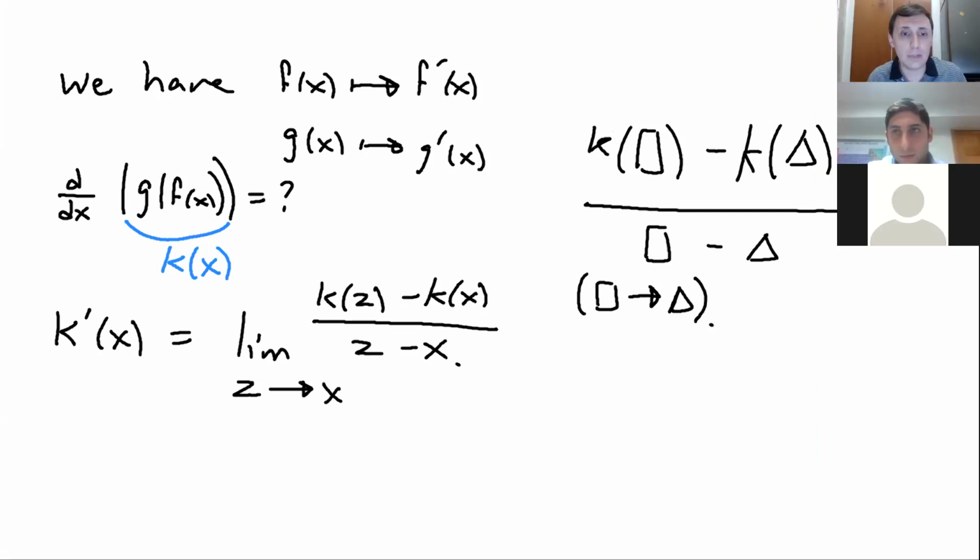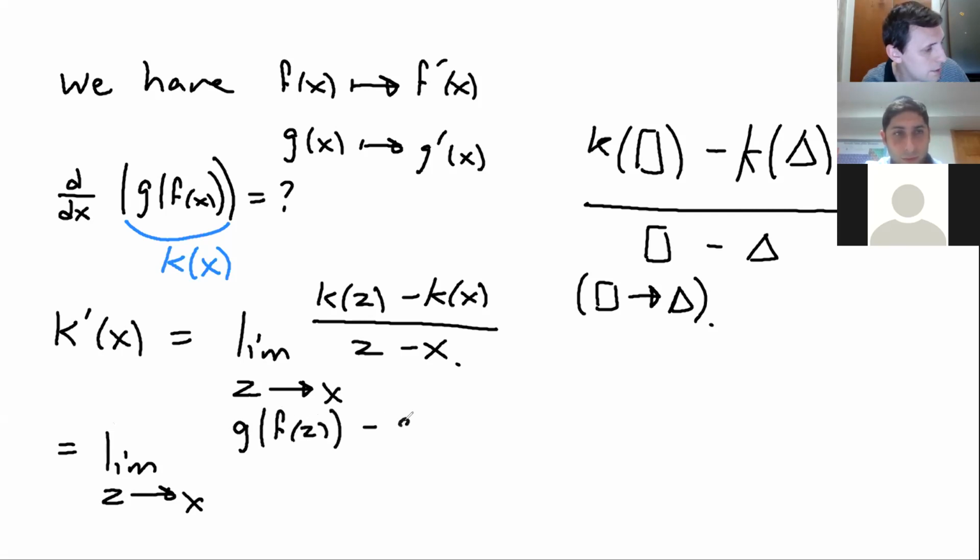So now let's try to understand what's happening here. We have the limit as z goes to x of k(z) minus k(x) over z minus x. That is the limit as z goes to x of, what is k of z? This is g of f(z) minus g of f(x)